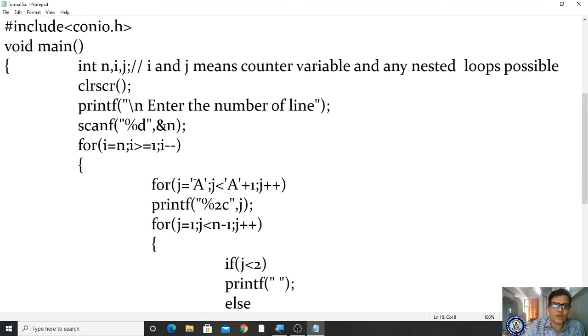In the inner for loop, I am assigning the value of a. So please observe here, if any character is specified within a single quotation, then it is an ASCII value, right? Character. So then it will take it as 65. Okay, j is assigned as 65 because the ASCII value of capital A is 65. Now I am checking 65 less than 66. 65 plus 1 means 66. Okay, a plus 1. A plus 1 means 65 plus 1, 66. Condition true.